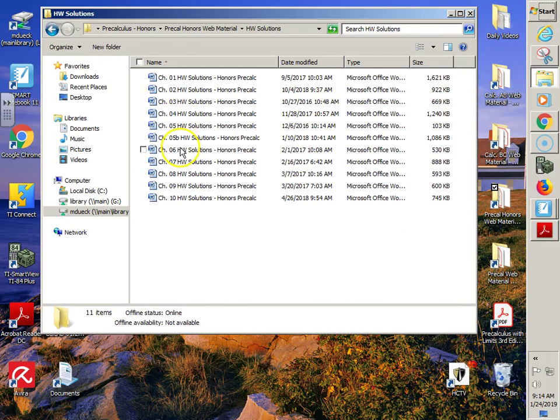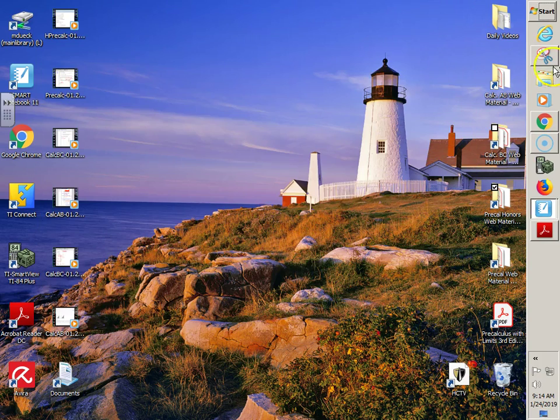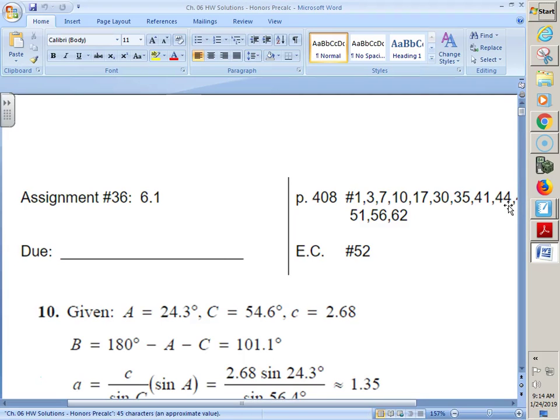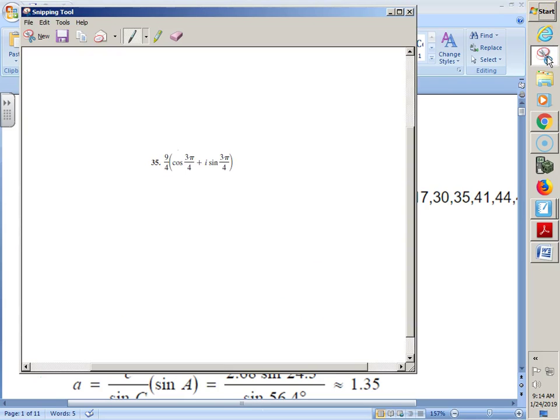Let's go ahead and talk about number 35, which is one of those weird, funny ones. But it wasn't really funny because they actually just said go into standard form. So let me get back to number 35. There we go. To get into standard form, all you actually have to do is multiply that 9/4 by